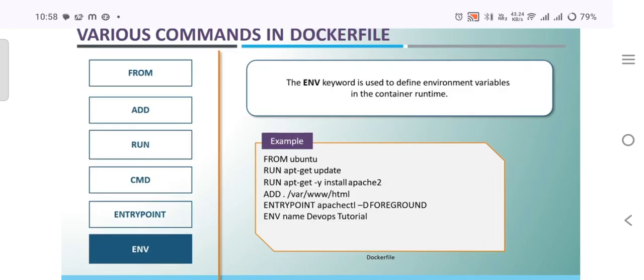Then the last is the env keyword. There are many, but we are focusing on the important keywords only here. The env keyword is used to define environment variables in the container runtime. Suppose you want a server to have some environment variable initialized, like we have variables initialized in Linux servers, Windows